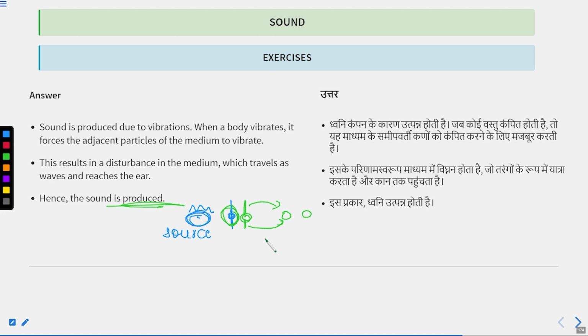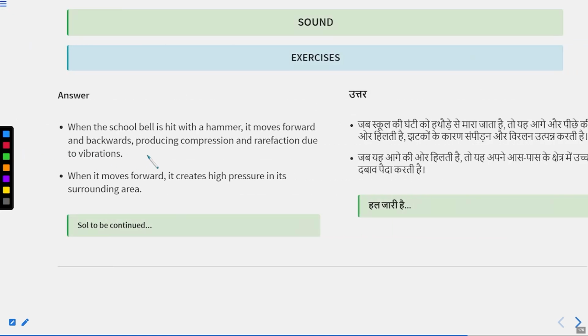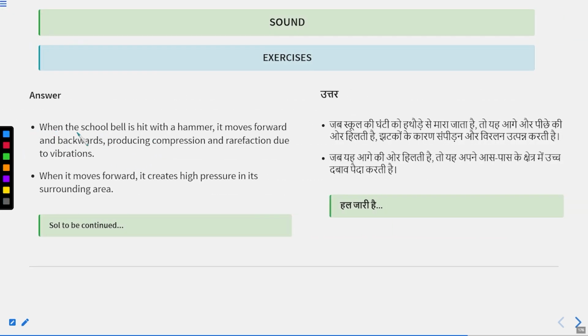Now we will move to next question, question number 2. Question number 2 asks that describe with the help of diagram how compression and rarefaction are produced in air near a source of sound. So we have to draw the diagram of compression and rarefaction near the source of sound, and the medium is air. The answer of this is, we have studied the example of a school bell. So when a school bell is